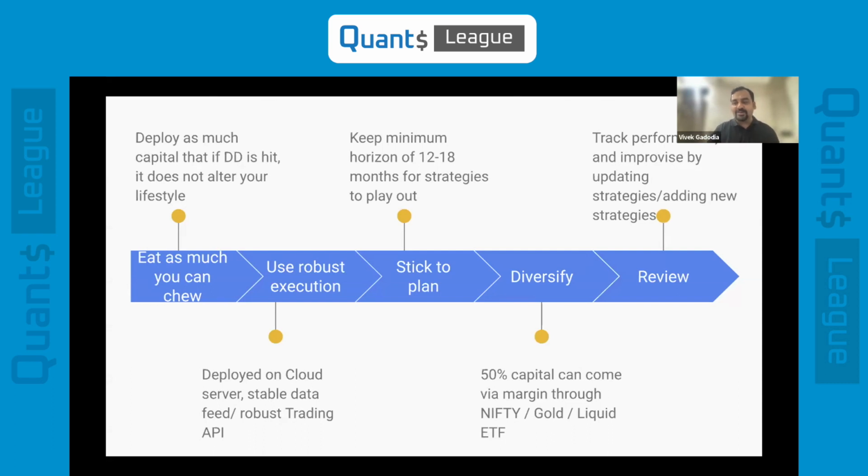There is one client who has been running these from June 2020. So it is almost now 19-20 months, and with nearly zero intervention. They just allocated a sum of money, which is maybe not very high, a medium sum for him, which is exactly such that if the drawdown hits, it's not going to affect his lifestyle. He's deployed that and sticking to that consistently. This includes non-directional and directional strategies. And this client's performance is basically